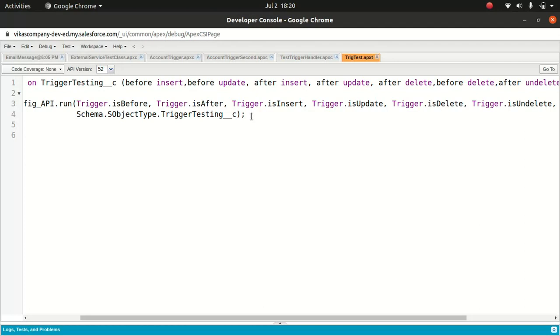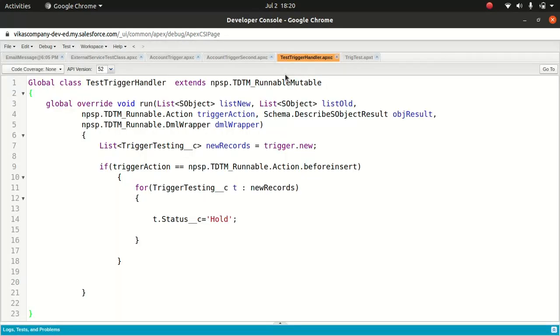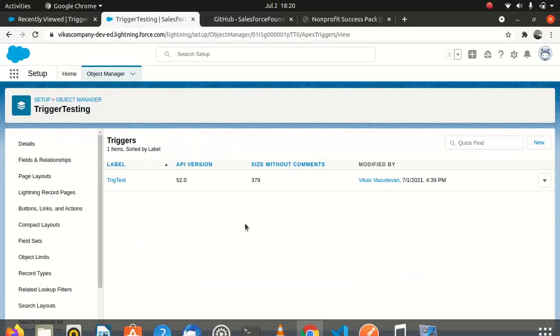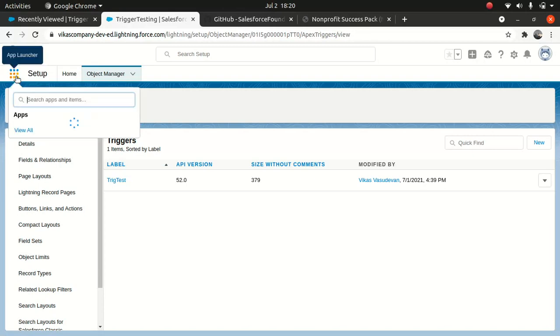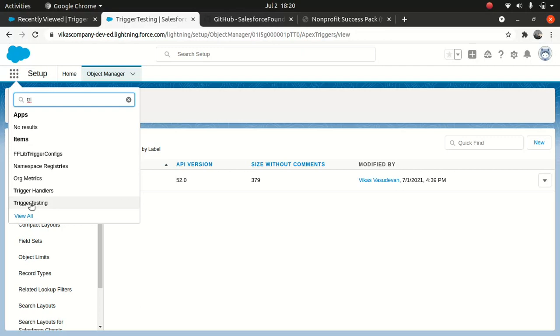Then after that, you have to write your classes like I did here, right? For account, I did. Override, so it overrides the run method. It extends NPSP, and I'm just changing the status to hold, right? I'll just run it and show you. My apologies if it looks very complicated and confusing, but trust me, it's really amazing if you start to use it. So okay, what I do, trigger testing. Okay,